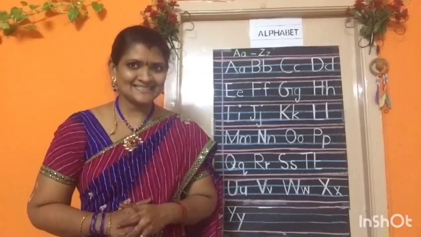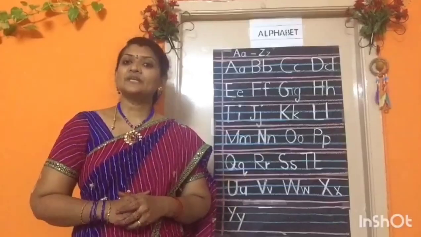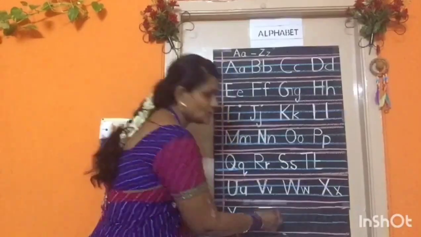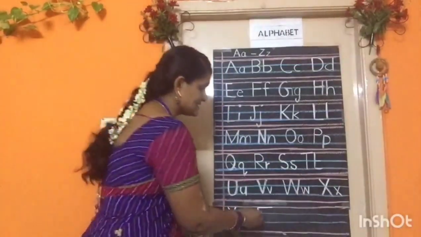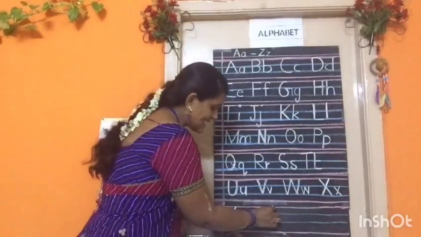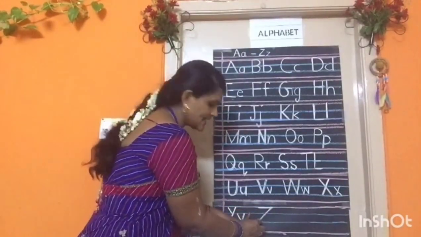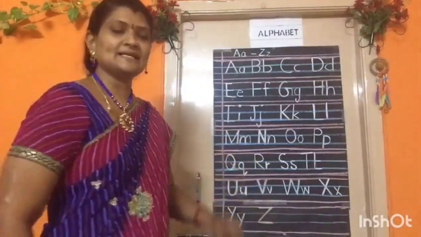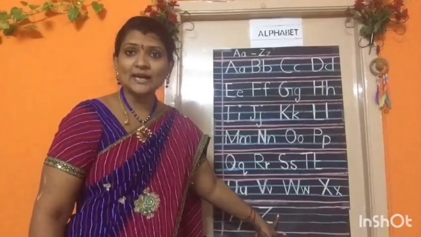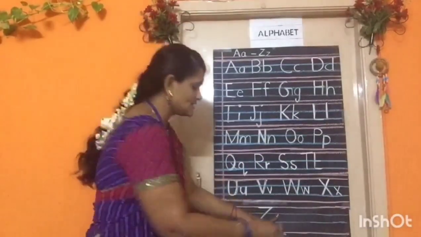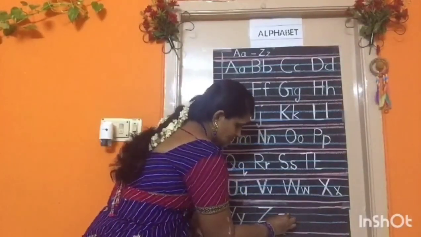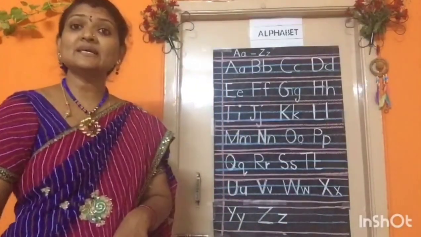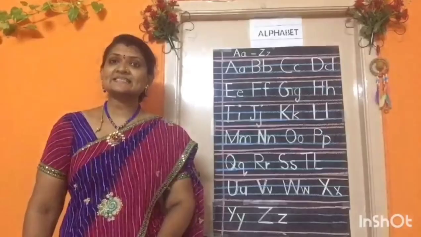Z. The last letter of the alphabet. Now, finger space you need to give after Y. Horizontal line on the pink line. You should not lift the pencil, children. Horizontal line. Slant line, right slant till the blue line. And on the second blue line again, horizontal line. Capital Z. Now in the same way, within the two blue lines, you have to write the small z. Horizontal line, slant line, horizontal line. That's a small z. Z says Z.